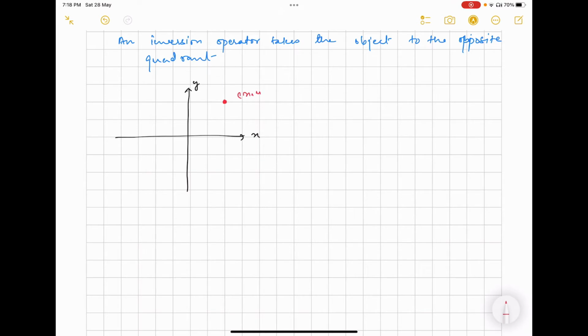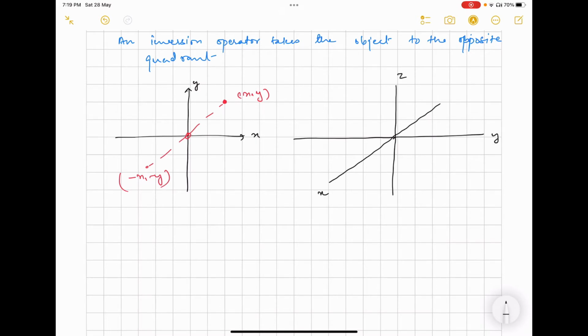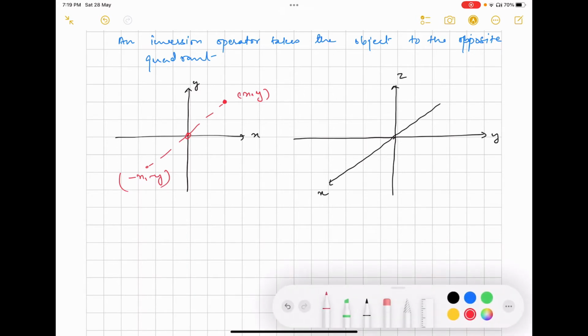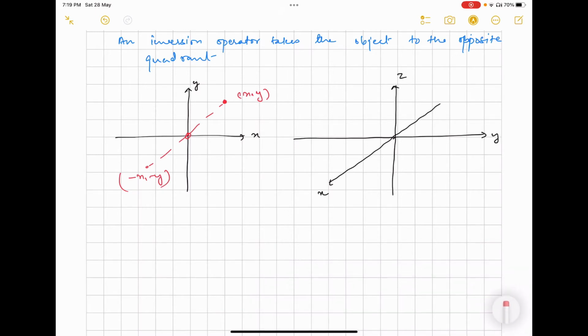This is x comma y. So after inversion about origin, it will be minus x and minus y. Okay. So when you go to 3D, suppose you have a 3D axis like this. So this is your x, this is your y, and this is your z. So suppose you have an object in this quadrant, say here,